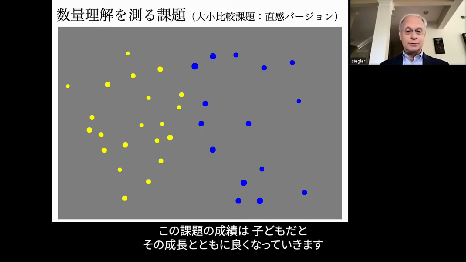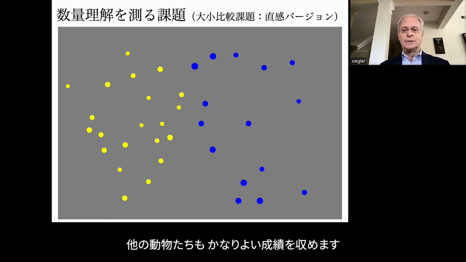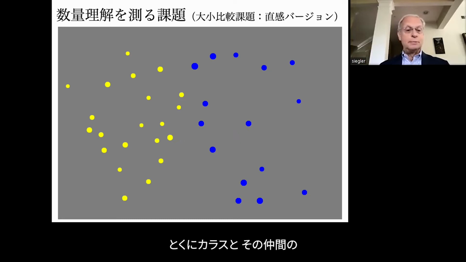And people get better at this with age. A wide range of animals are pretty good at this. Some animals, such as those in the Corvidae family, which are large black birds like crows and ravens and magpies, are actually better than people are at this task. But it's a very interesting task used very widely throughout the world.